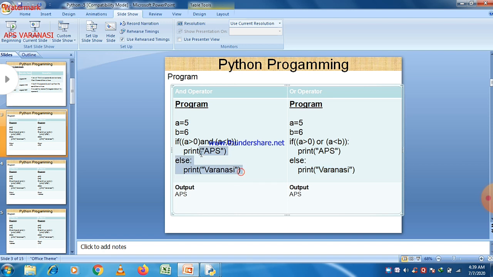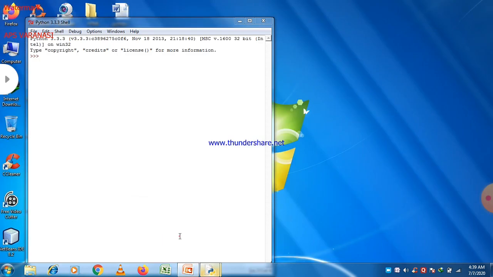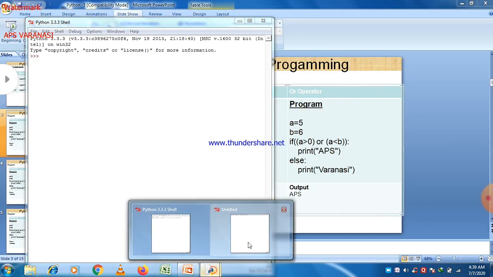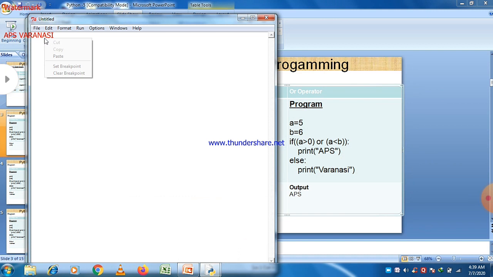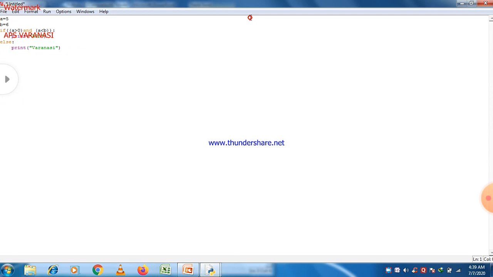So just take a copy of it and go to the Python shell and go to its program script mode, and then just paste it. You can easily see that there are different colors here which represent different parts of it.